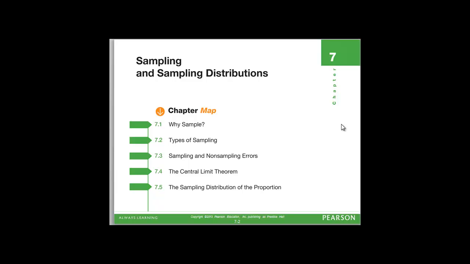In the first couple of chapters, we learned some techniques to describe data, such as organizing data into frequency distributions, showing them in the graph of a histogram and a pie chart, and measuring the center of the data with the mean, median, mode, and measuring the dispersion of the data with the standard deviation. And then we laid the foundation for inferring or predicting the data with the study of probability and a